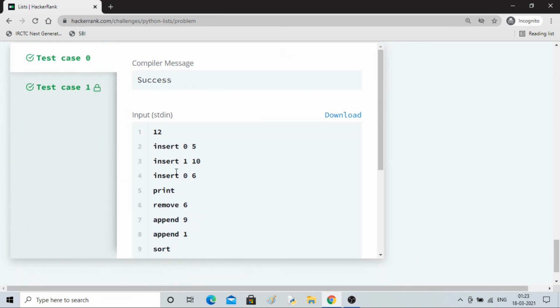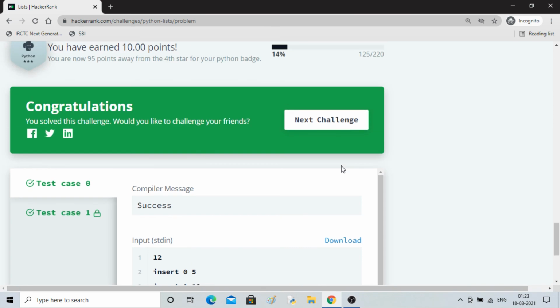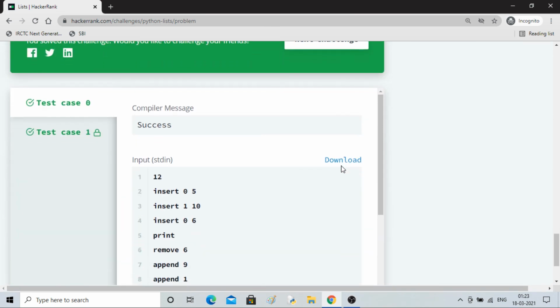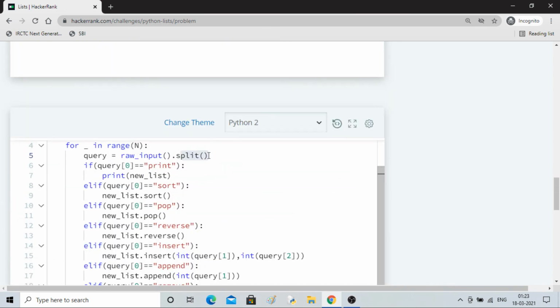What this split is doing is splitting by space. You see this number, then there is a space here, so it will split from here, then this 0 will become the next element, then split, and then 5 will become the next element. That's how it is separating it. If you don't put anything inside split, it will separate by space. It separates the elements and stores them in an array style, which is our query.